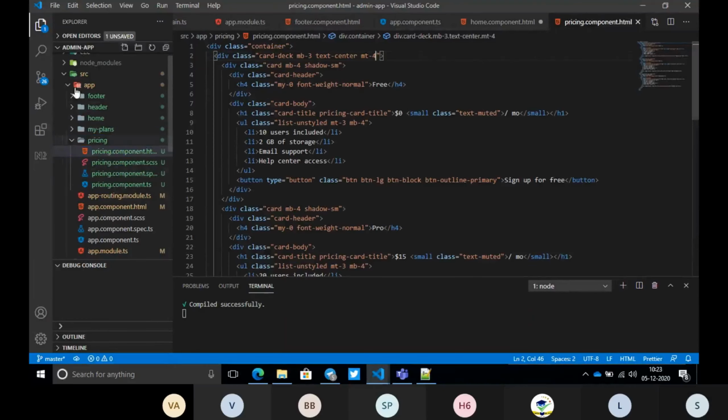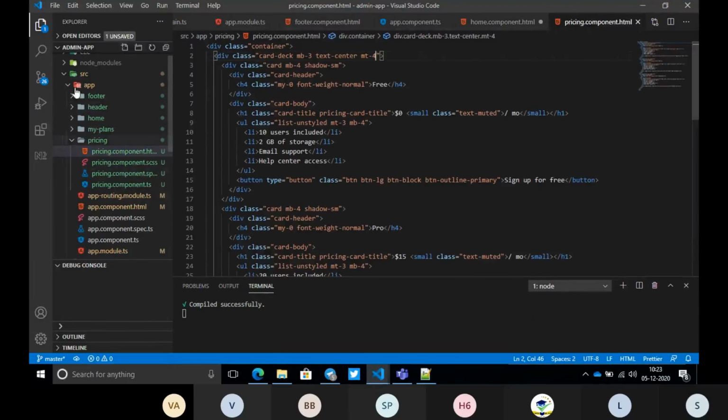Close others, file, save as, close others. Here in each component we have three files mostly, and we don't require this spec.ts file. These three files are the TS file, SASS file, and HTML file, right? In the HTML file, you will write all the HTML code.